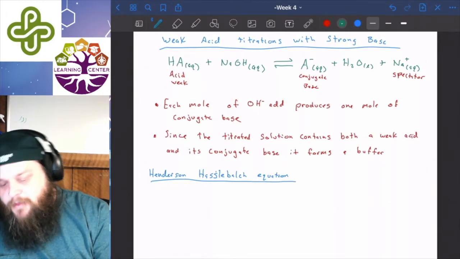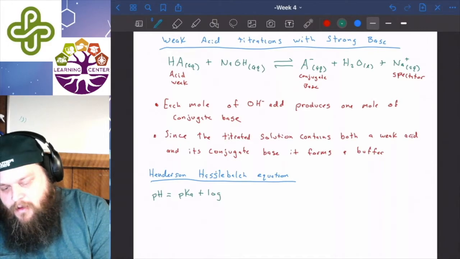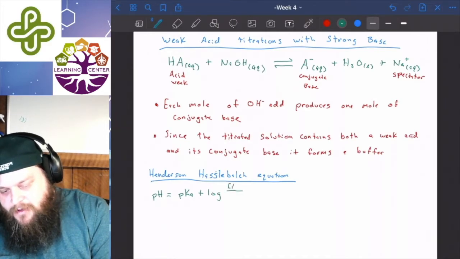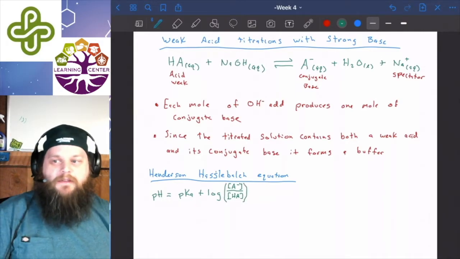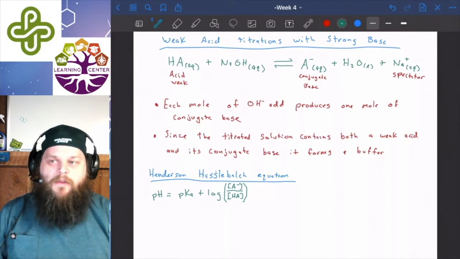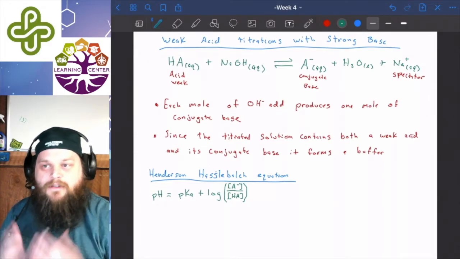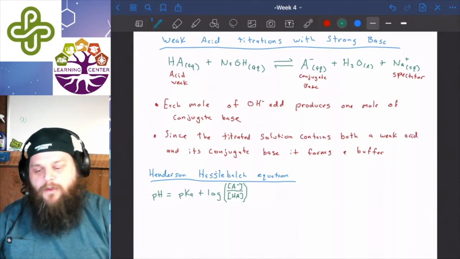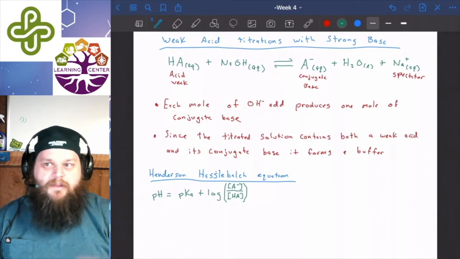So the Henderson-Hasselbalch equation, I wrote it before, I'm going to rewrite it again. It's equal to the pKa plus the log of, it's always going to be the concentration of the base divided by the concentration of the acid. You can also think of this as the moles of the base over the moles of the acid. Because in this situation, in all these situations, they're going to have the same volume. They're in the same jar, so they're going to have equal volume. And since concentration is just moles divided by volume, you have moles over volume all divided by moles over volume. So the volumes will end up canceling each other out.